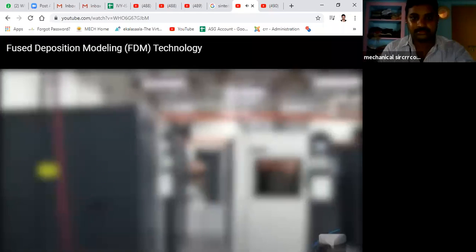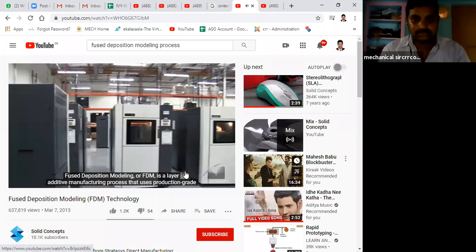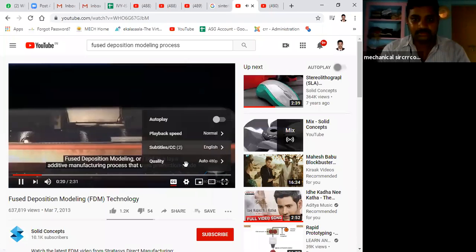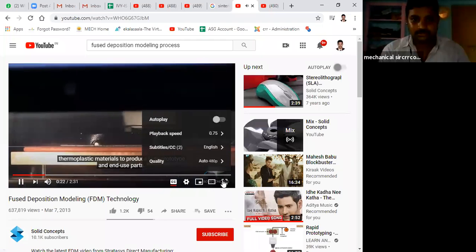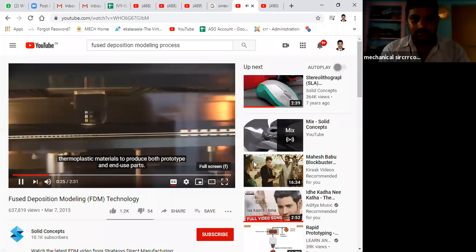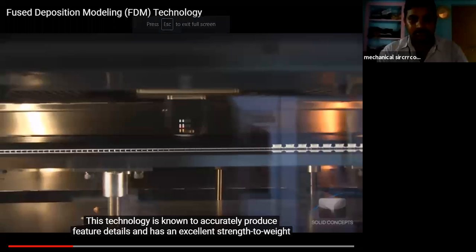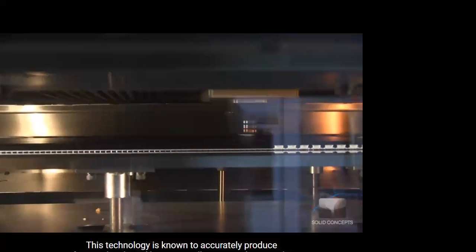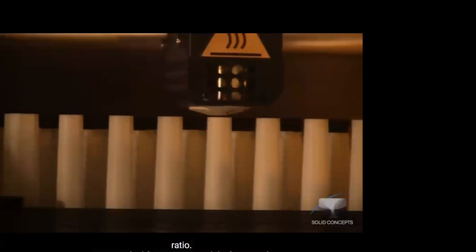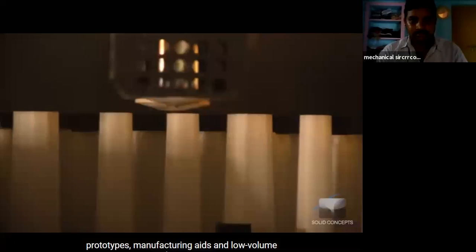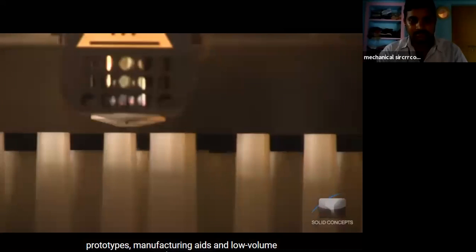Fused deposition modeling, or FDM, is a layer additive manufacturing process that uses production-grade thermoplastic materials to produce both prototype and end-use parts. This technology is known to accurately produce feature details and has an excellent strength-to-weight ratio. FDM is ideal for concept models, functional prototypes, manufacturing aids, and low-volume end-use parts.